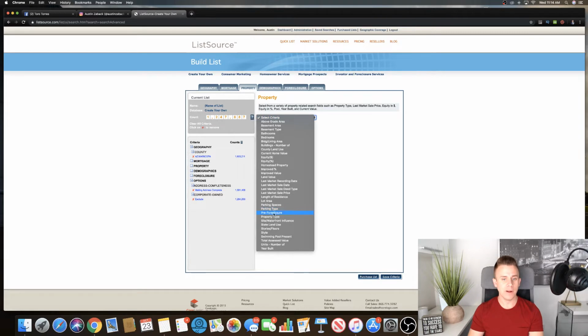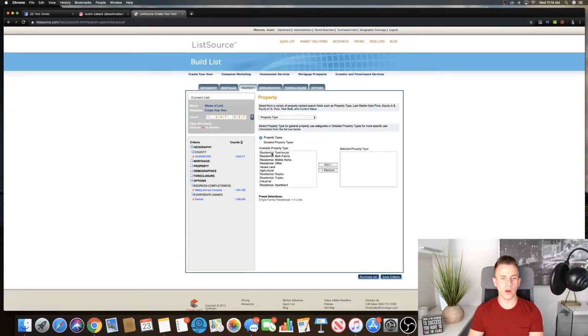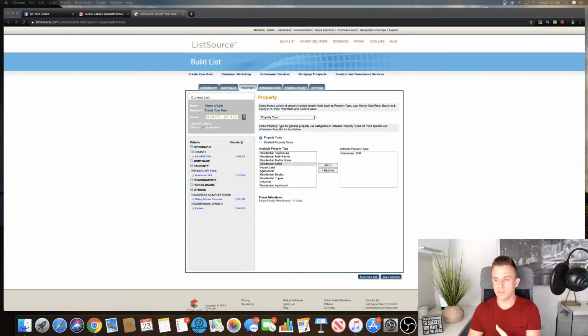So I'm going to come down here and I'm going to figure out what property type we're looking for, right? Now, obviously, in this situation, I'm probably looking for single family residences, okay? So again, I'm looking for residential single family residences. Depending on what kind of properties you're doing from the marketing, the acquisition standpoint, you could do townhouse, you could do multifamily, mobile home, you could do anything, right? You could do commercial, you could do vacant land, okay? Again, it just depends on what it is that you're looking for, okay? So just understand that. For the purpose of this video, I'm just gonna do single family residence, okay?